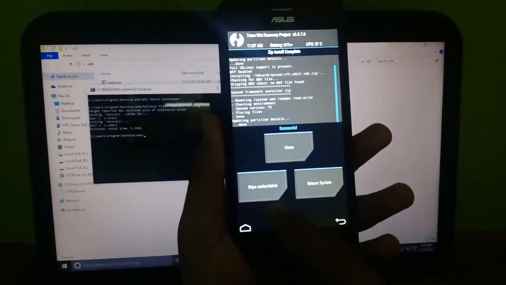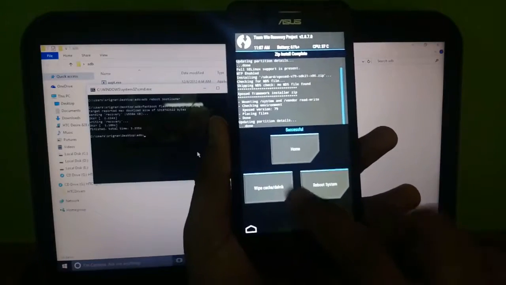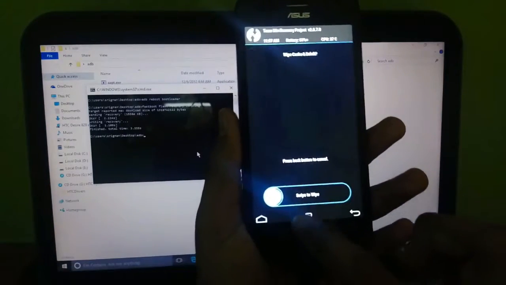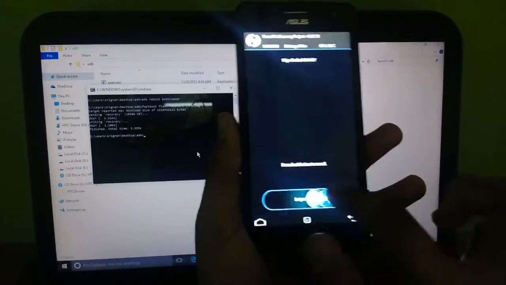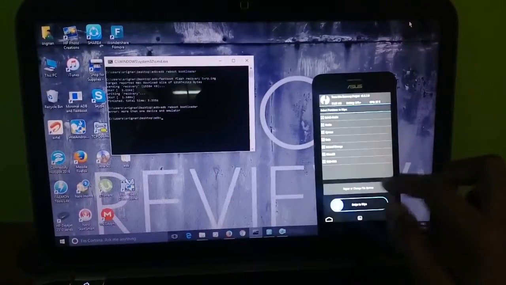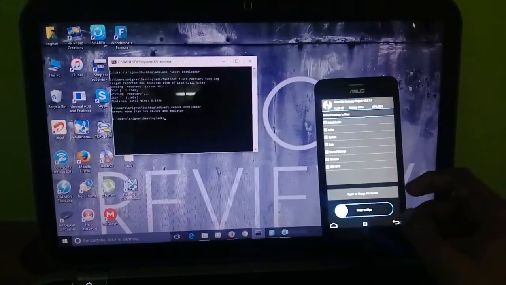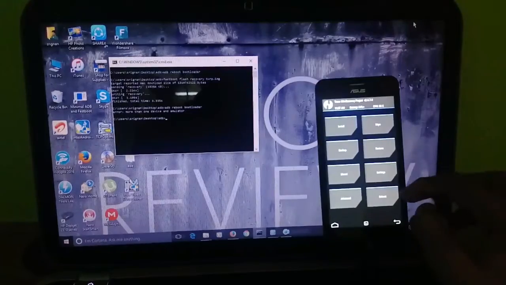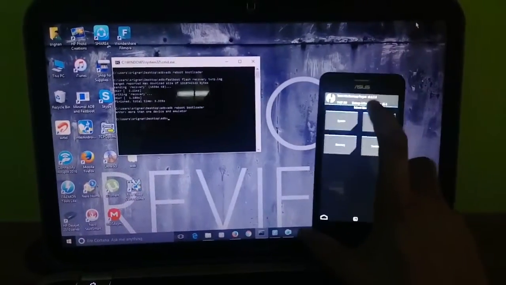Now please wipe cache and Dalvik cache and swipe to wipe. After this, please press the back button, go back to reboot and system.